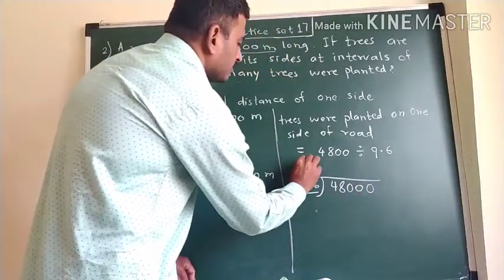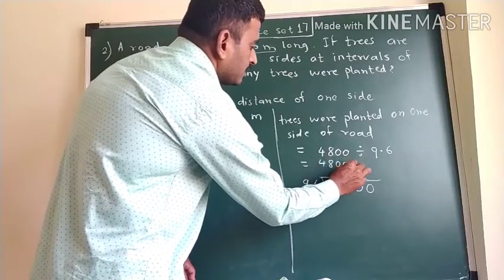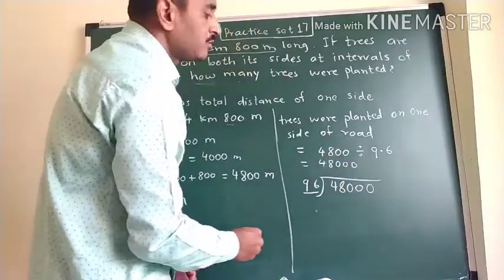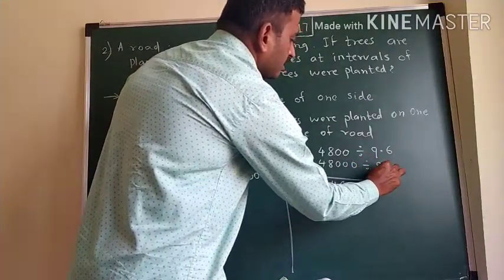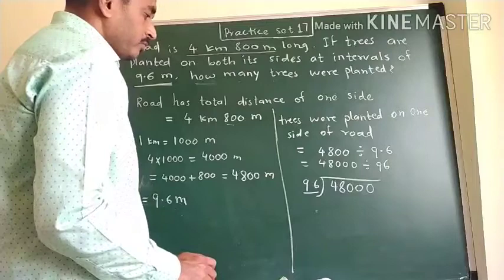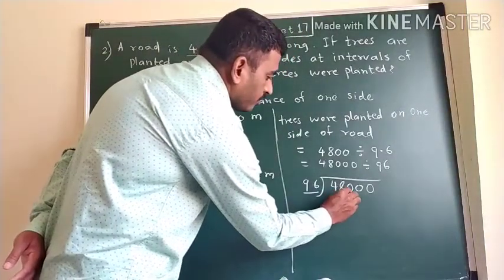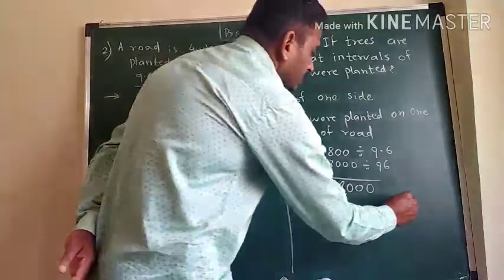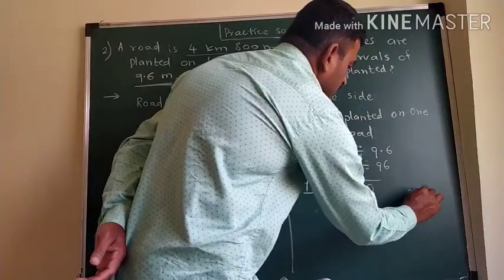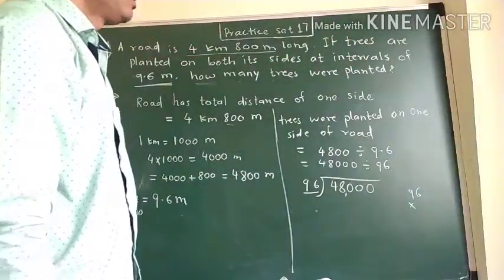It means 4800, there we have to add a 0, then we can divide it by 96. We are going to divide this 48,000 by 96. Now 96 multiplied by which number